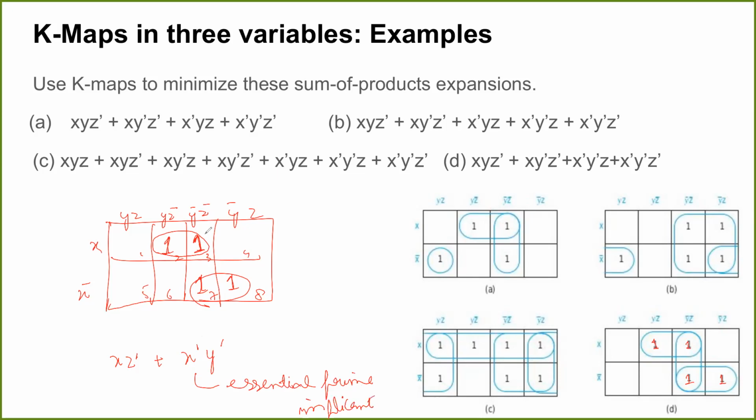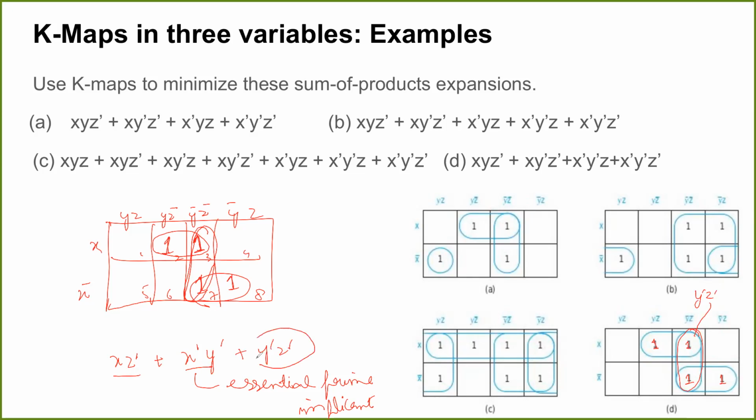Okay, but if I do this grouping, is this valid or invalid? If I do this, this, is this valid or invalid? This is a valid grouping, right? And what term would this give? Can you tell me what term will I get? I'll get y prime z prime. Okay, so the reason I mentioned this example is, somebody may say, like, I think Abhay has already written that the expression could be x z prime, x y prime, and y prime z prime.